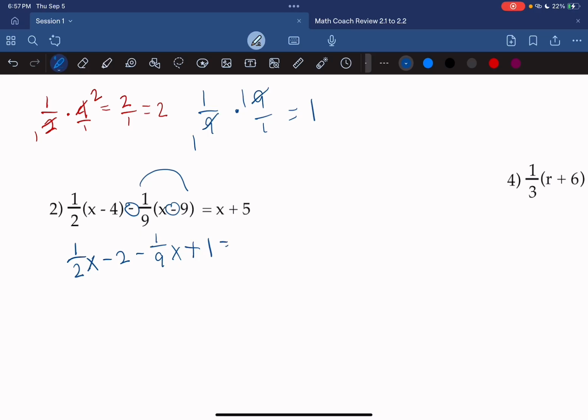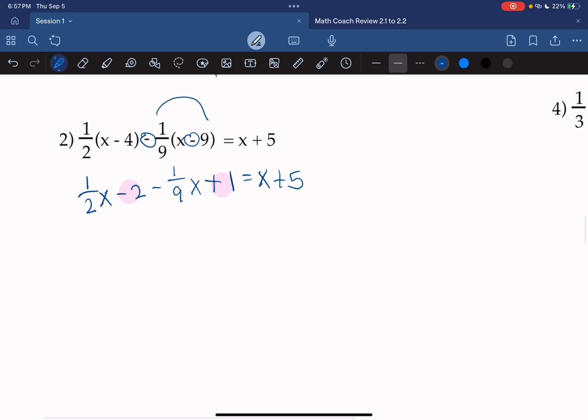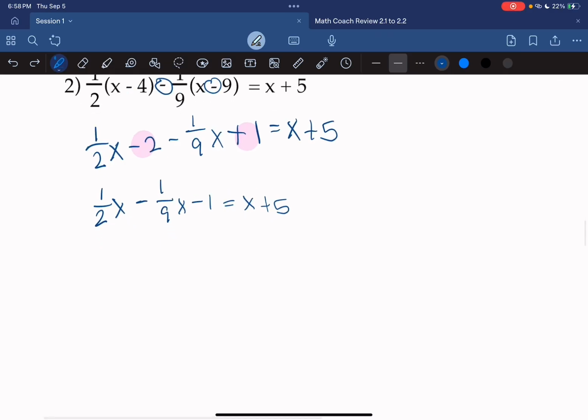So this equals x plus 5. So now let's combine like terms. So negative 2 plus 1 is going to give us negative 1. So 1/2 x minus 1/9x minus 1 equals x plus 5. Okay, now that we combined the negative 2 and the 1, let's do the